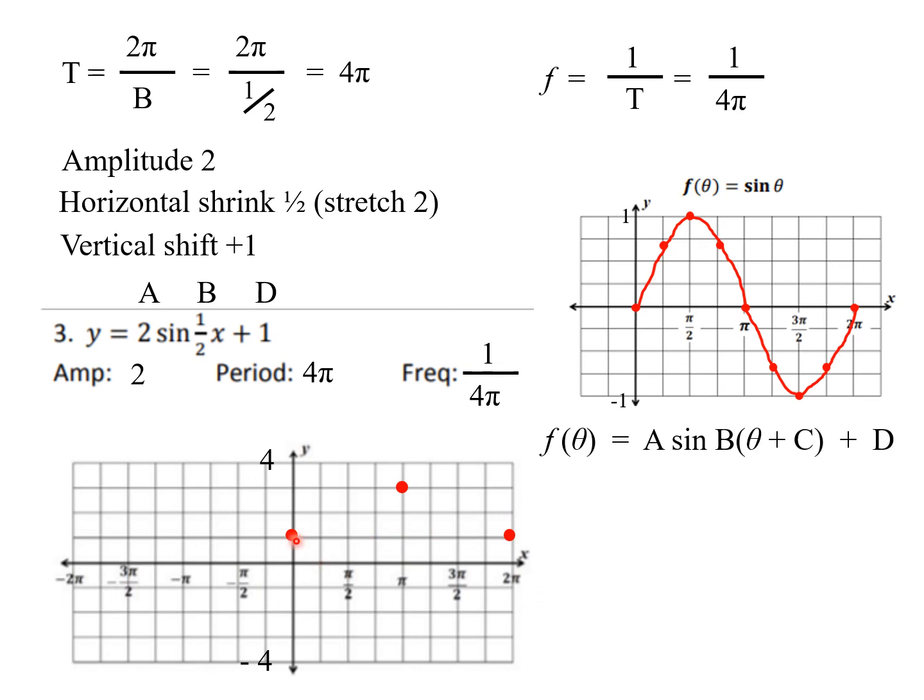And our other 0 over here, because this 0 is stretched by 2, will also be transformed up 1. And that's where we get this. And then at pi, the maximum was at pi over 2, but this